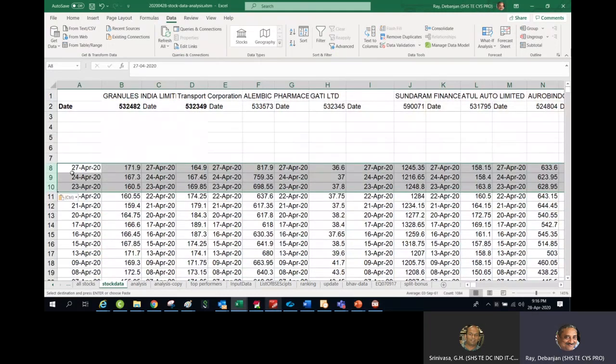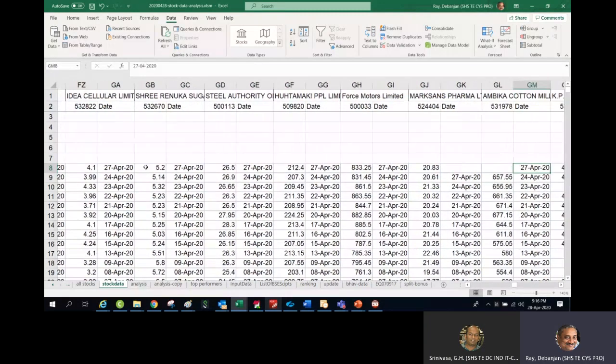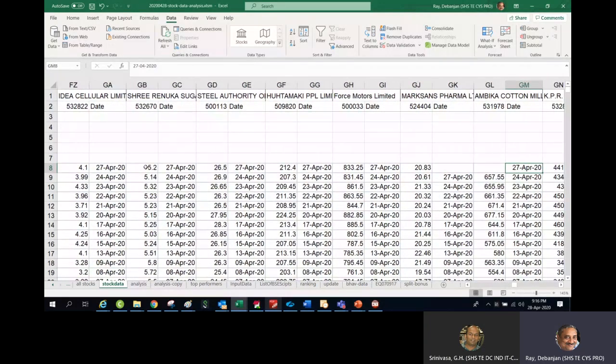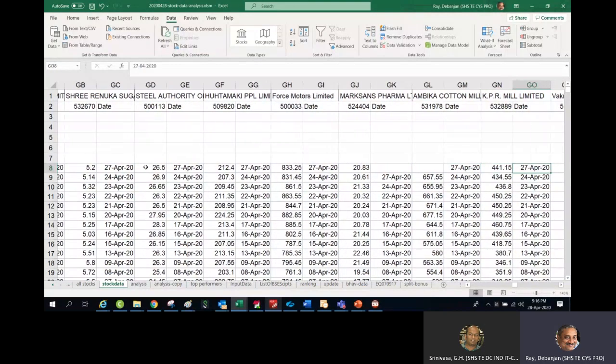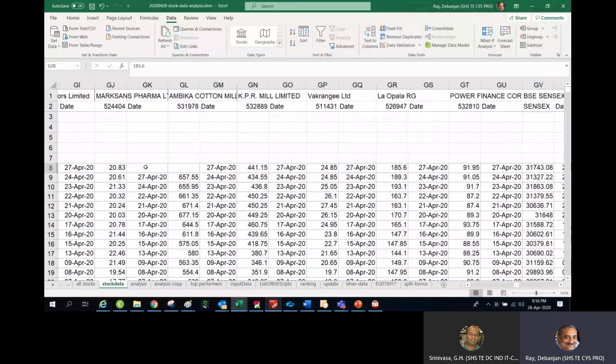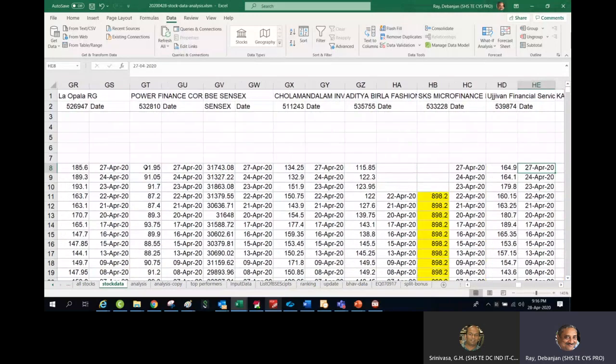Done. But actually there are some problems. I have to do a minor correction. What is that minor correction? I will press Control arrow and find a new cell, where I see that this is also the latest data. This will not be a problem. Some cells will be a problem. For example, here, I have to adjust this because this stock is now stopped.